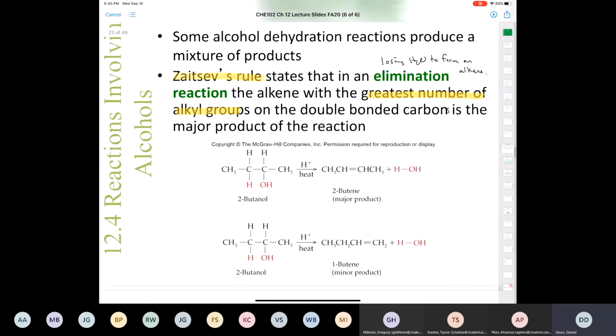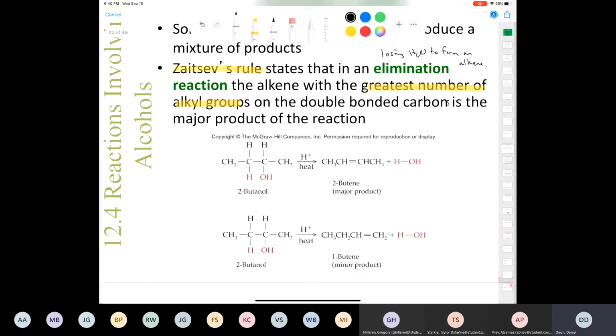If we look at 2-butanol, okay, we're starting with 2-butanol here and here. Now, they've highlighted, they actually drew it the same way both times, but anyhow, let's go through it quickly here. If we look at the 2-butanol that I have highlighted, okay, that I have the name highlighted, here is the